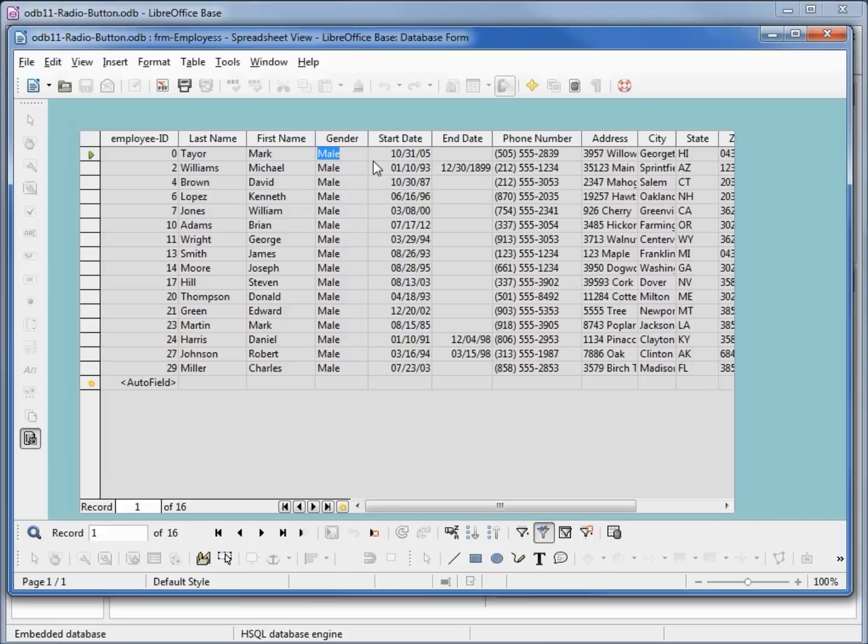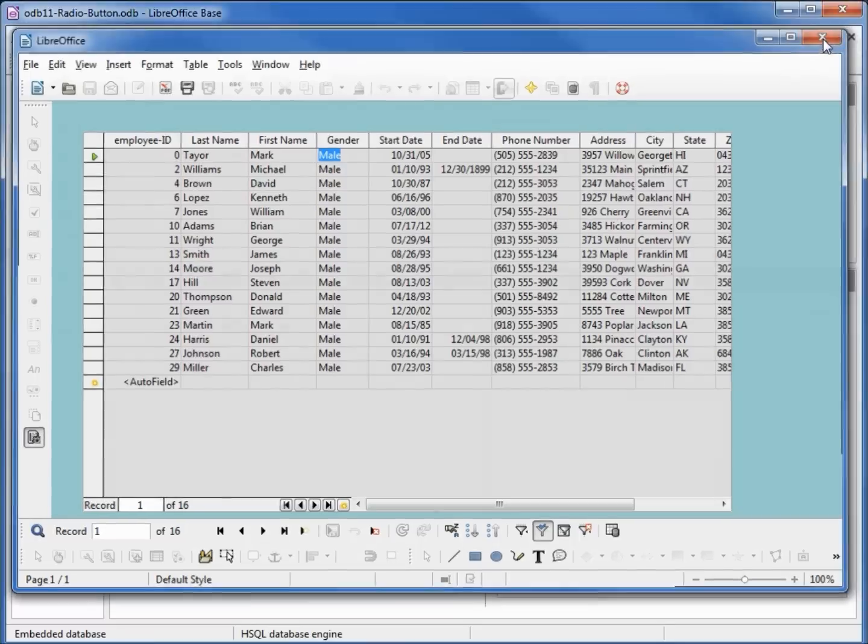And I know some of you are probably thinking, but what if we put in quotes and had 2 spaces on the end of our option button? It didn't work. I tried it. Maybe you can get it to work, and if you can, please add it in the notes under the video. But I had trouble getting a fixed character to work with the option buttons. So we're going to close this form. We didn't do any updates to it, so we don't need to save anything. It already saved the data into our table.